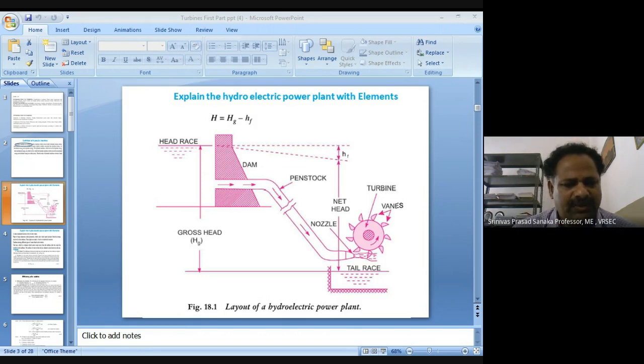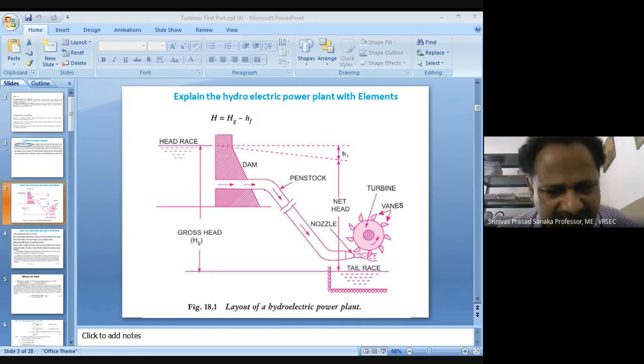Therefore, to convert the pressure energy to kinetic energy, a nozzle is used. So, from the nozzle, with high velocity, the jet issued from the nozzle is directly supplied onto the buckets of the